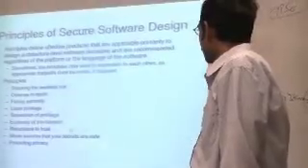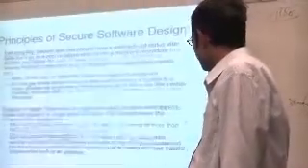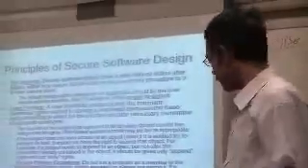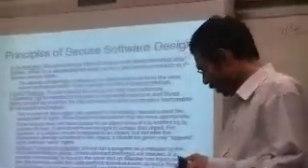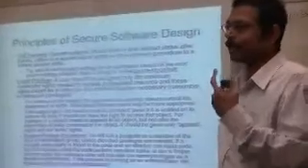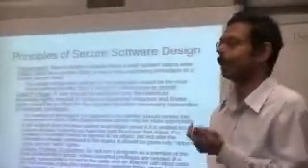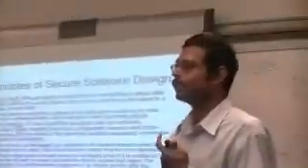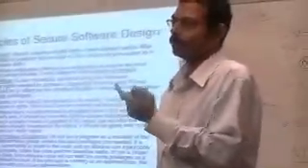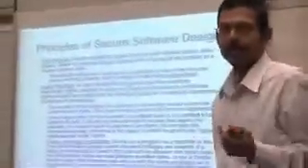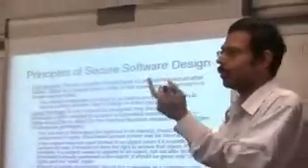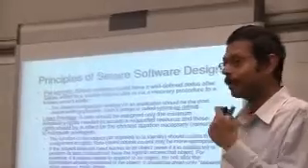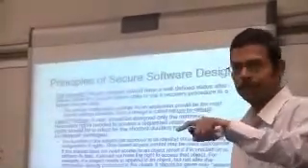Okay? Now, least privilege. Least privilege is the same thing I told before. The user should always get the lowest privilege to access something. So for example, let's say you go to the dean of the school and ask him to register you for a course. He should be able to register you for a course as a faculty level user.